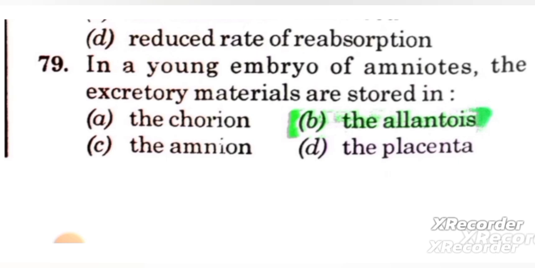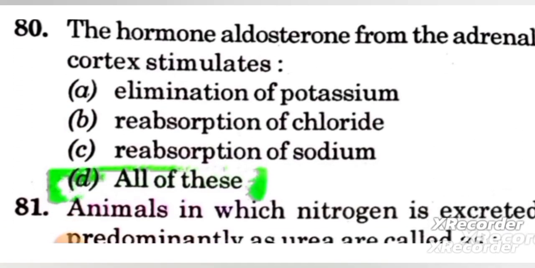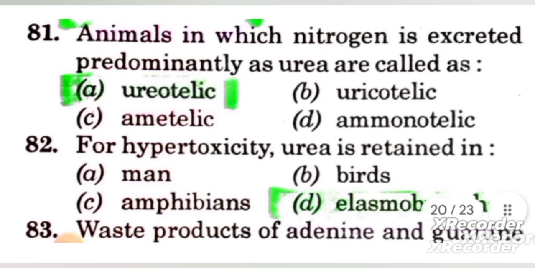Next 80. The hormone aldosterone from the adrenal cortex stimulates answer D, all of this. Answer A, elimination of potassium. B, reabsorption of chloride. C, reabsorption of sodium. Next 81. Animals in which nitrogen is excreted predominantly as urea are called answer A, Ureotelic. Next 82. For hypertoxicity, urea is retained in answer D,